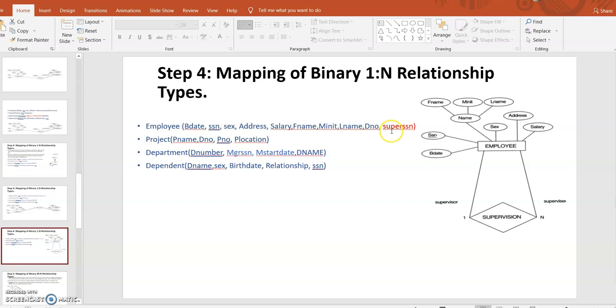So we can put the primary key of the one side, that is supervisor social security number, into the employee table. So we can put super SSN into employee table.